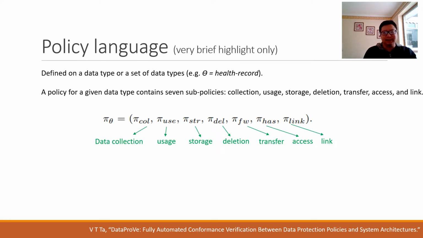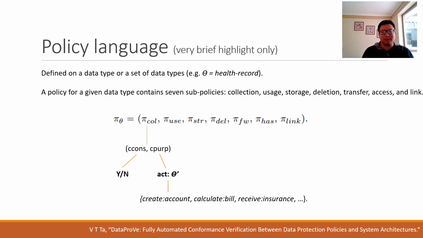So the privacy policy is defined on a data type. For example, a data type can be a health record or address and so on. And in our case, each policy contains 7 sub-policies for data collection, usage, data storage, deletion, transfer, data access, and link. The data collection policy requires one to specify whether a collection consent is required for this type of data, which can be yes or no, and a set of collection purposes,